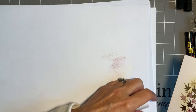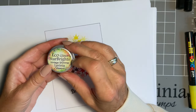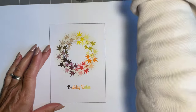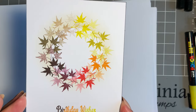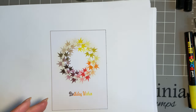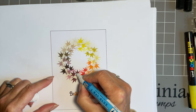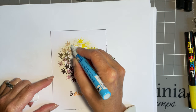So I'm going to turn this over, and I'm going to be using our Eco Glitter, the Star Brights, the Vintage Shimmer, and our lovely Zig 2-way glue pen. Now, you can leave it like this if you want, but I just want to add a little bit of sparkle. So I'm just going to come in really in the middle and just add...